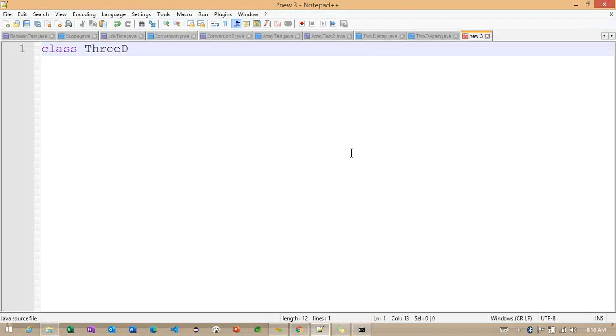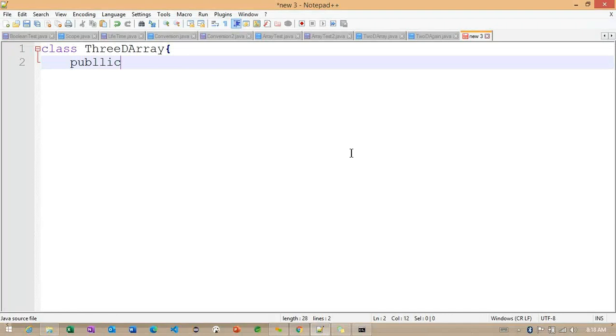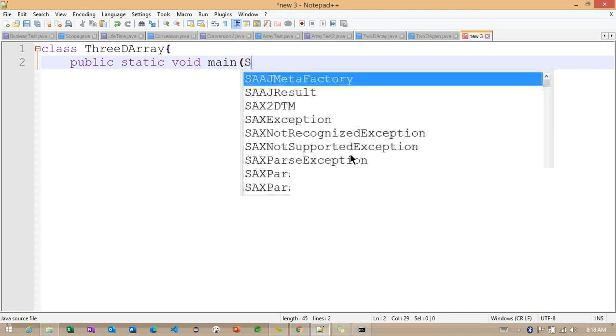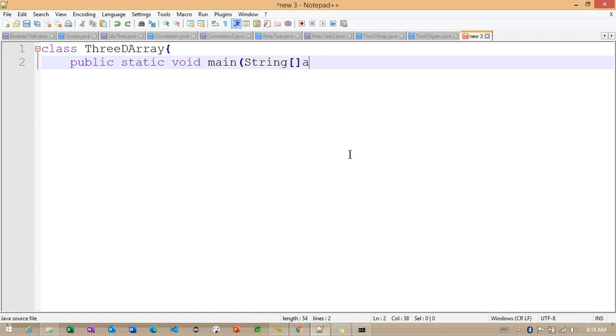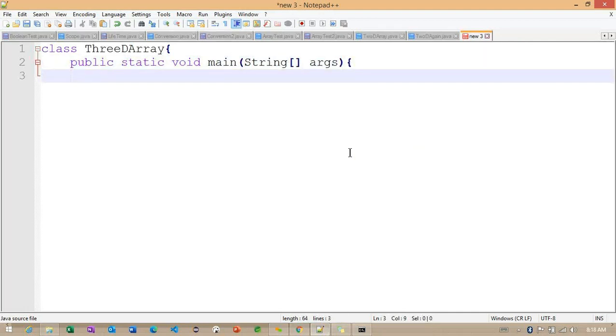So a 3D array. Public static void main, String args. Getting the point.